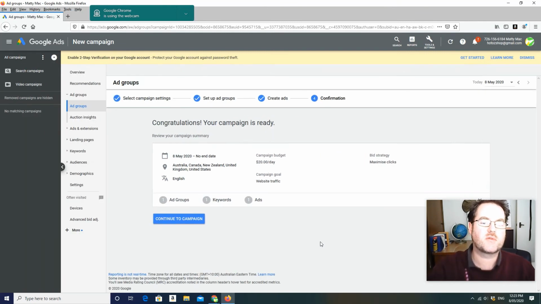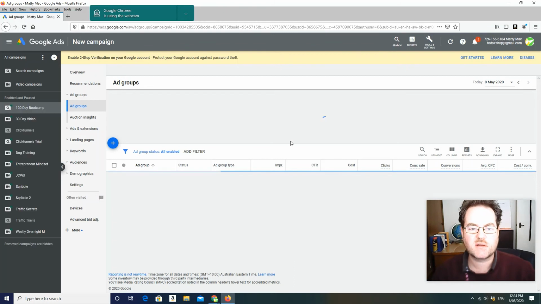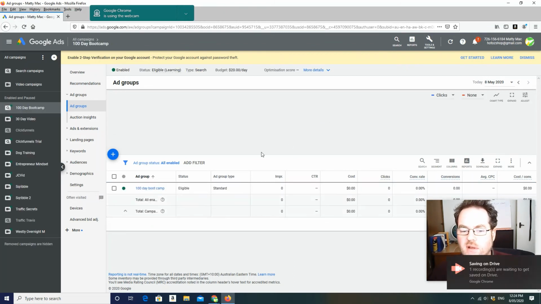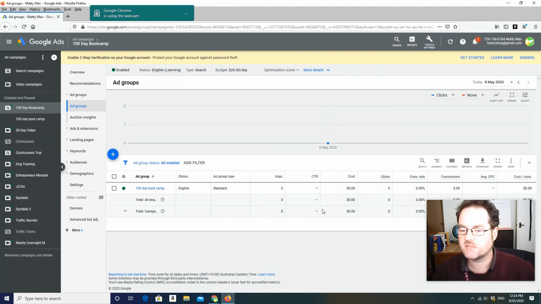Done. That'll have to go through a process. Usually takes an hour or 2. Can take overnight to go through, but that's okay. We'll just leave that and we'll keep an eye on it. So that's how you set up a very simple ad campaign. In another video, I'll come back and give you the results of that one in a few days, but give